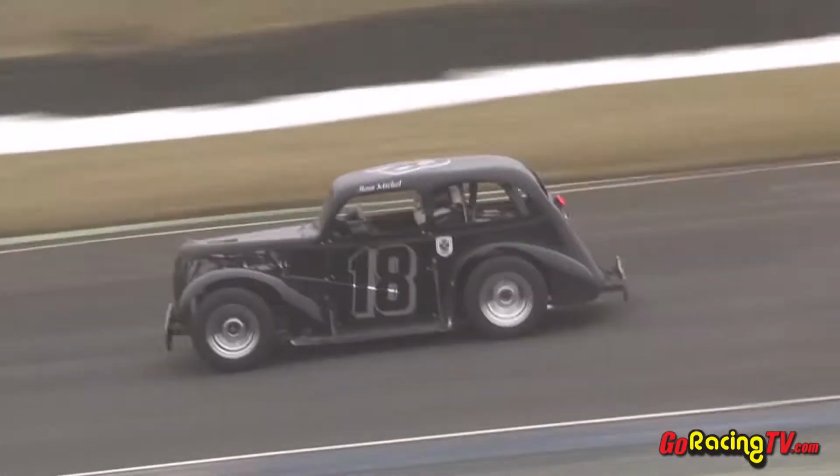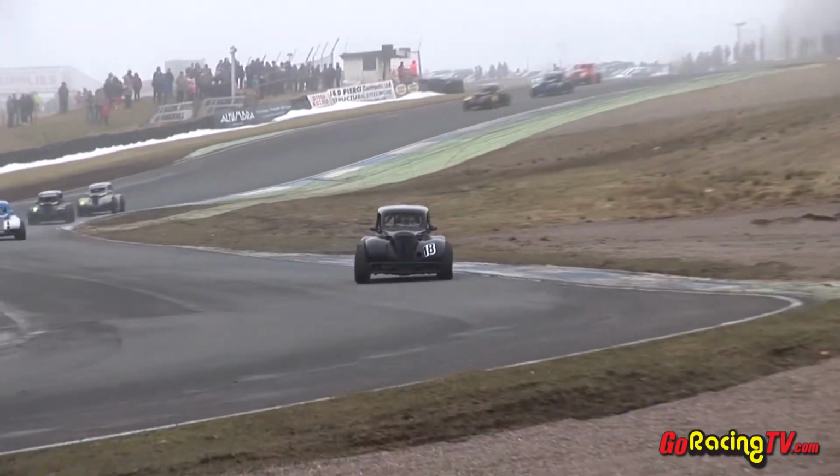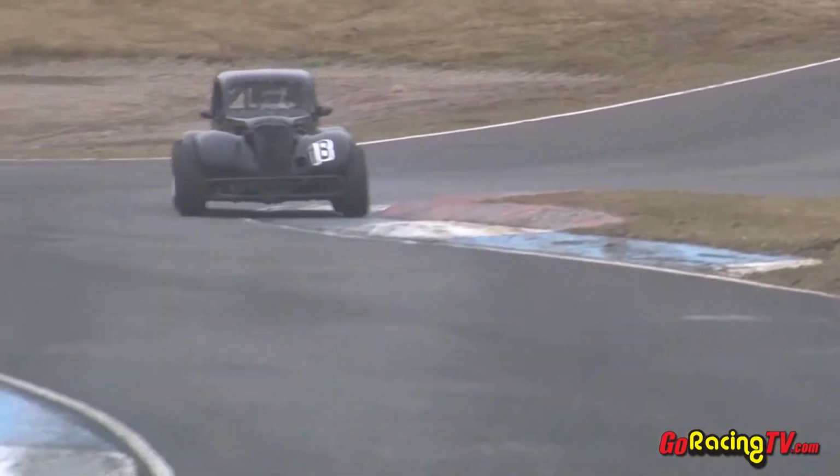Ross Mickel leads, David Allan in 2nd place. There's the gap 1st to 2nd. You're looking at a gap of around 2.3 seconds as they came across the line down towards Scotsman Corner. There's Mickel, there's Allan in the blue and white car in 2nd place. David Hunter is still there in 3rd, the dark grey machine. But Ross Mickel looks like he's going to make it 2 heat wins out of 2 here